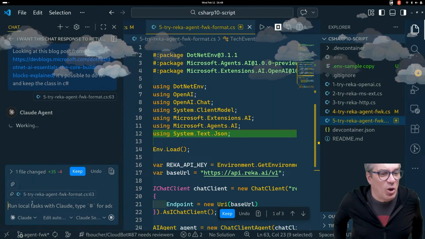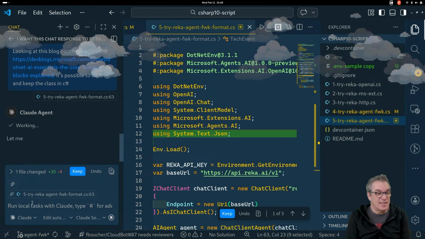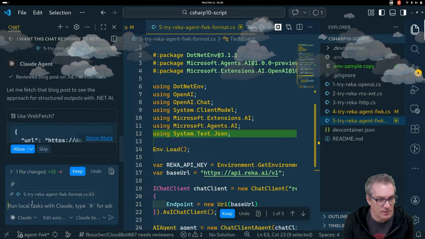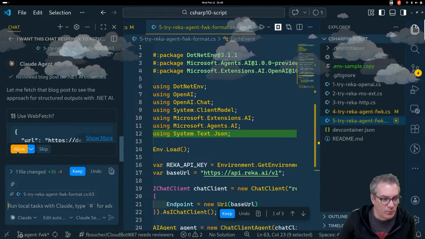So looking at this blog post, it's possible to do it and keep the class in C#. Let's see what it does. Web fetch, yes.